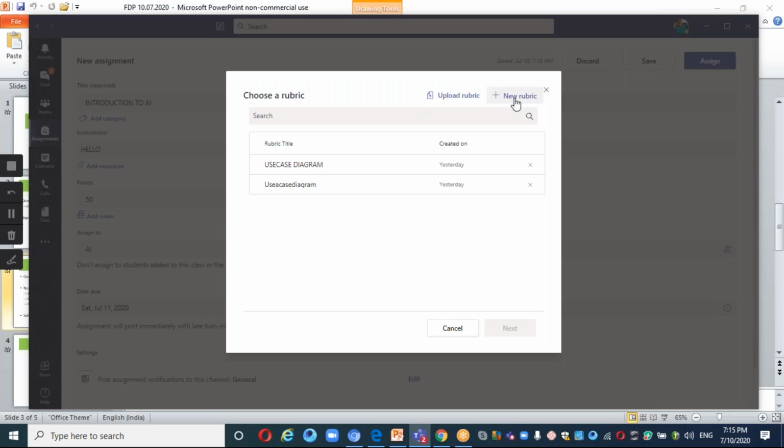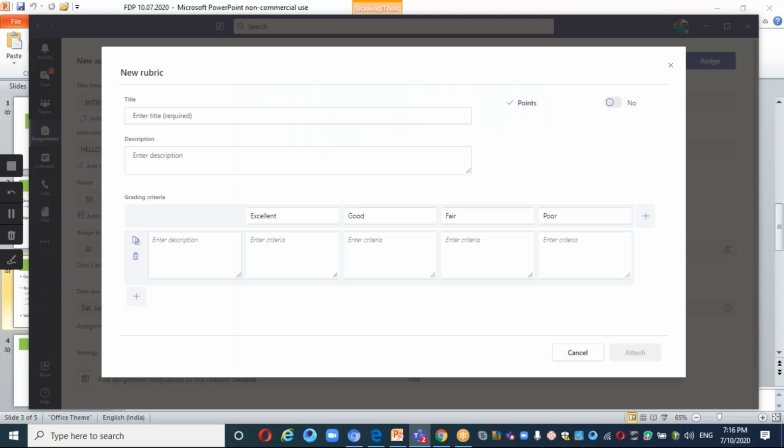We'll divide equally. So for this particular assignment, how much am I going to give? It is 50 marks. And how am I going to evaluate that? Rubrics have to be set. Go to new rubrics. Give the title as the assignment name, introduction. Description, if you want, you can give a description like a diagram should be given. Architecture should be given in your assignment. Explanation to be given in your assignment. Everything should be given for the assignment. Whatever instructions you are going to give, that should be given here now.